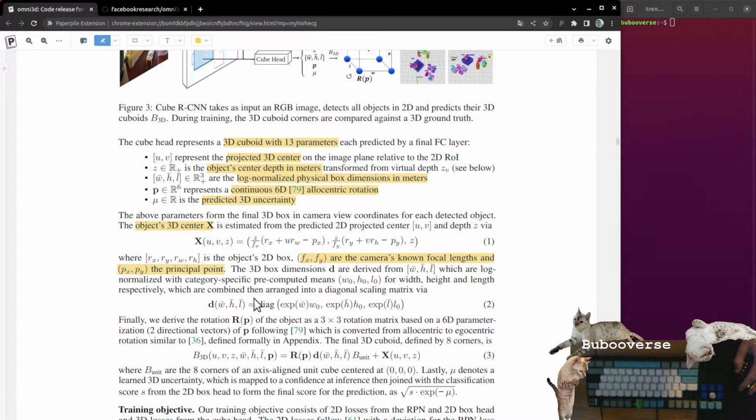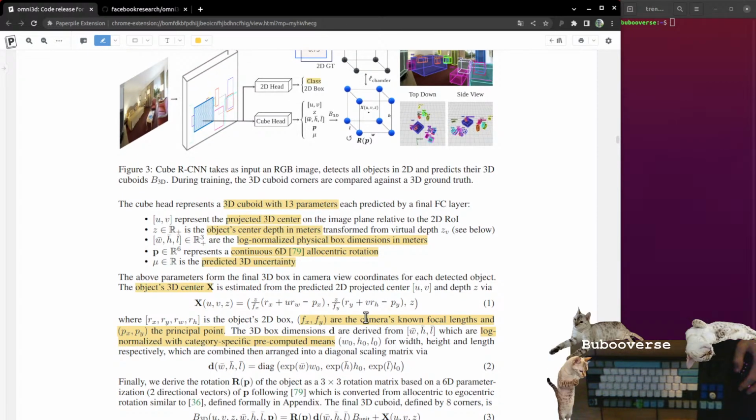3D box dimension, log normalized with category specific pre-computed means. Yeah, this is honestly kind of lame. There's all this extra crap that they're doing. Category specific pre-computed means: for each of the 97 categories, they have these basically extra parameters, which are the average width, height, and length of that category, and then they're using that to normalize